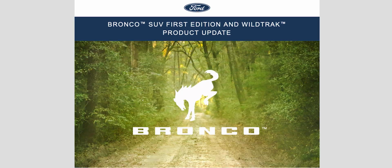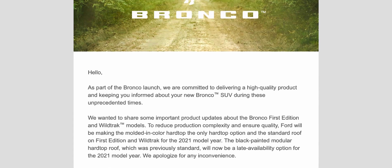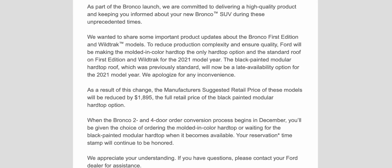October 22nd, 2020, I get an email. The email was a product update that talked about molded in color and black hardtops. Basically, what they're saying in this email is that the black painted hardtop was not going to be an option at this point anymore. So Ford was essentially announcing that only the MIC, the molded in color, would be available